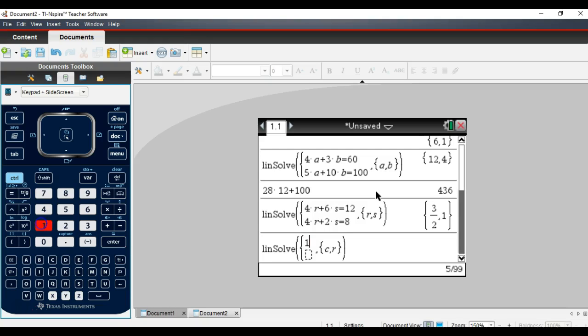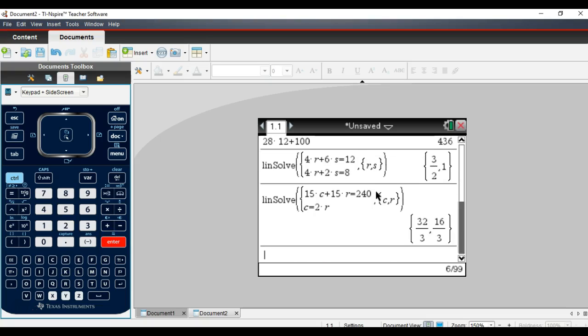So I've got 15C plus 15R equal to 240, and then my next equation is C equal to 2R. I solve this and I get 32 over 3 and 16 over 3. Okay, so in this case I've got